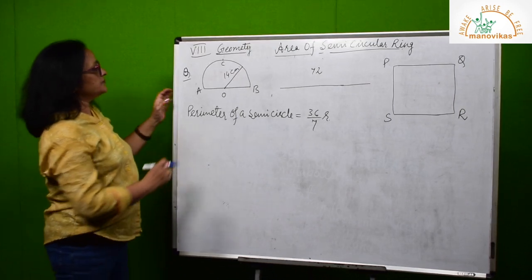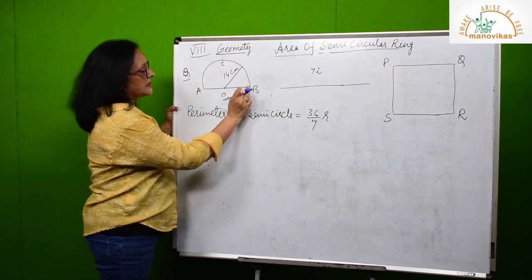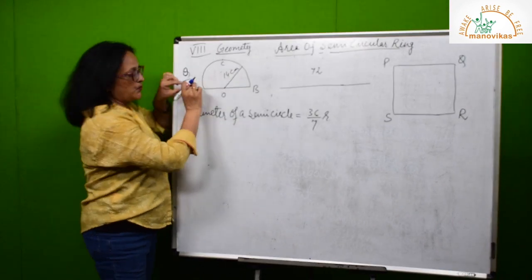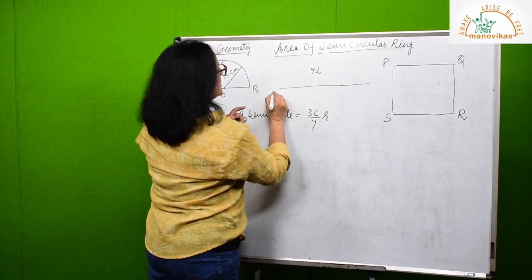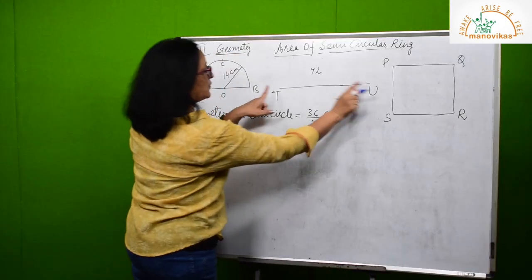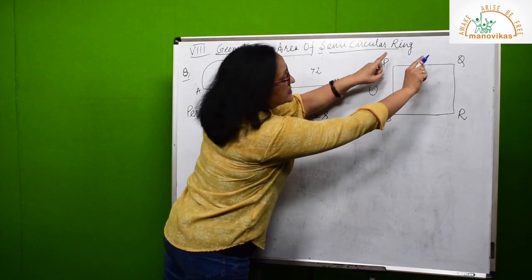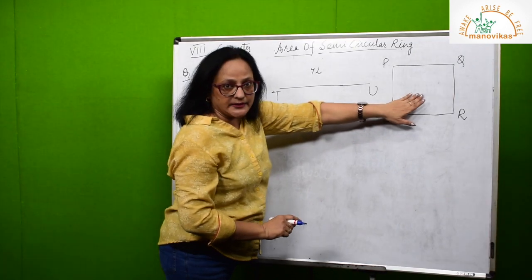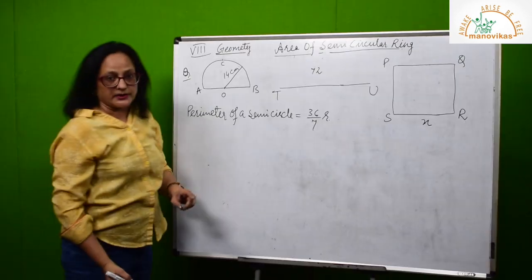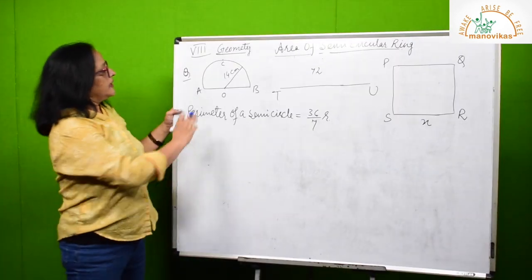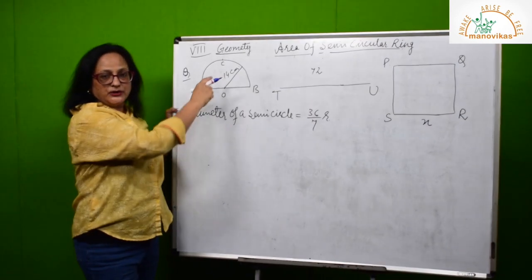What we will do here, first you should understand the concept of this question. This is a wire, A, C, B, A. We are opening this wire, straightening this wire, so we got this wire. Suppose TU is the wire that is used here for the semicircle. Now this wire only is used to make the square again. So you have to find the side of the square. Suppose x is the side of this square. You have to find x. Now here you can see one thing that is not changing throughout. Can you guess what that thing is?